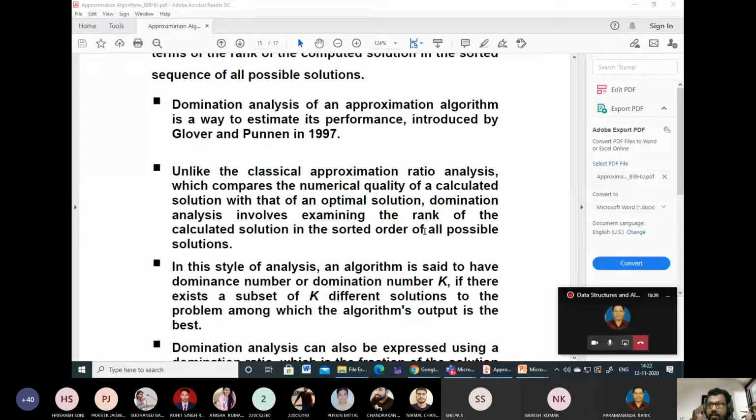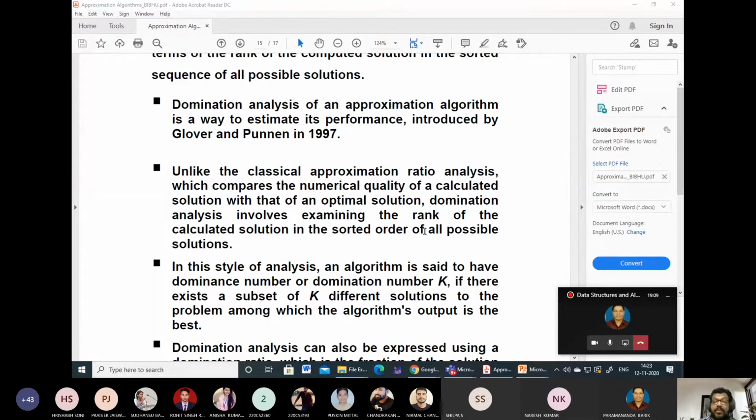Suppose there are 5 approximation algorithms, we can rank them based on the numerical value or the quality of the solution. That is, let us say we are going to compute the minimum spanning tree. So we can arrange them in an order depending on my objective function, if it is a maximizer or minimizer, with the assumption that the optimal solution is known to us. So this is the approach which sometimes is being followed.